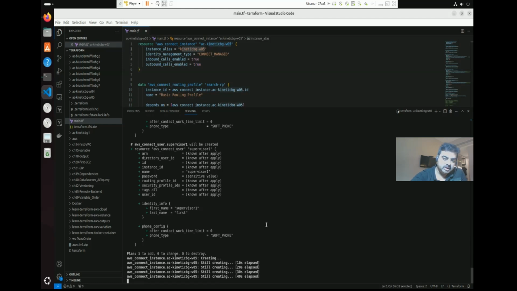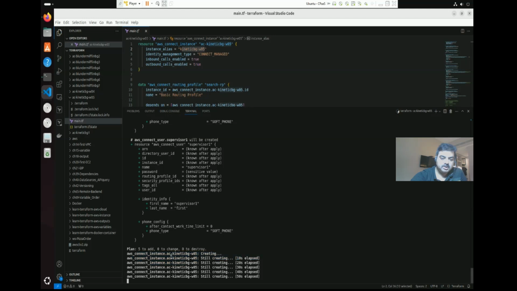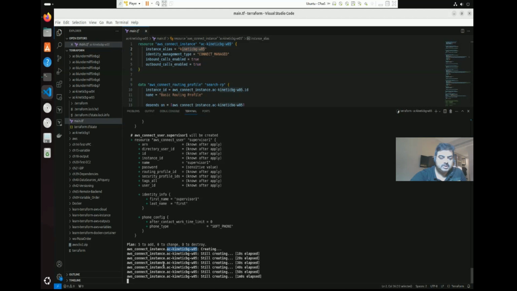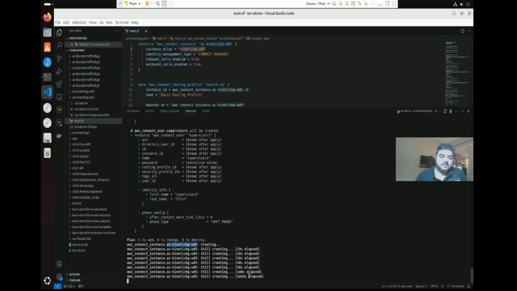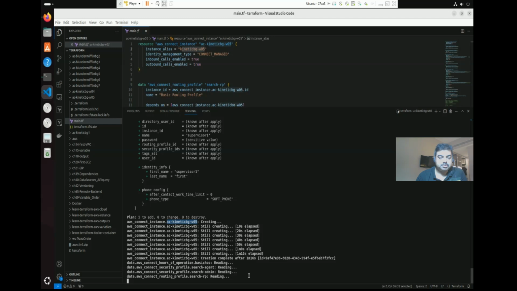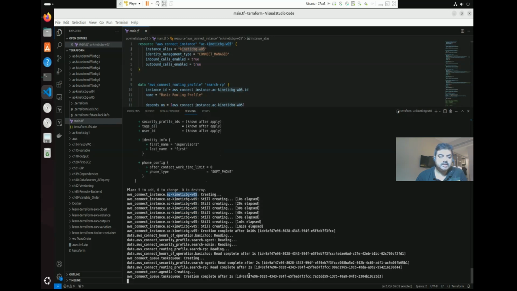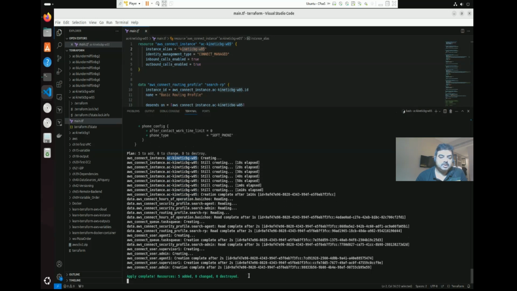Okay, and what we see here, the AWS Connect instance has started creating. So my instance name, the alias is going to be Kinetic BG005. Okay, this is the system name is AC, and by this time it is 10 seconds, 20 seconds. Okay, so we have got 1 minute elapsed already. So we'll give it a few seconds more, and looks like my script is completed, and it is running all other